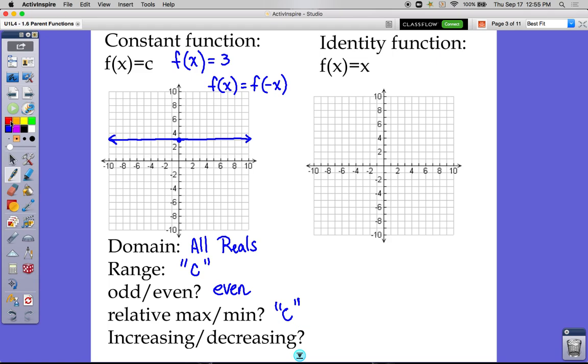All right, for the next one, we are looking at what we call the identity function. That is where f of x is equal to x. That is y equals x. Whatever x is equal to, so is y. So that means if x is 0, y is 0. If x is 1, y is 1. If x is 2, y is 2. And this equation goes right through the origin, right down the middle of the graph, splits the graph perfectly,